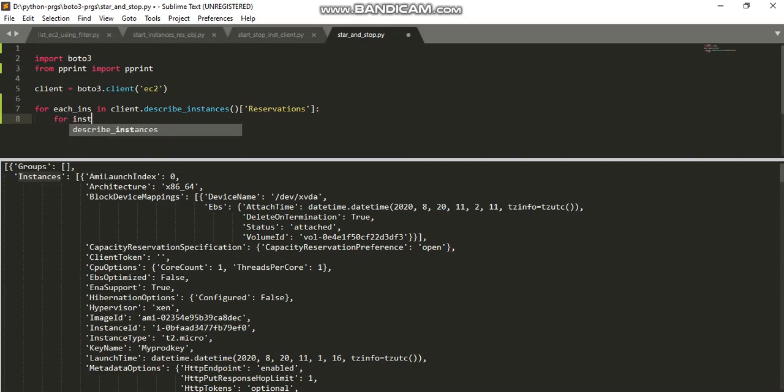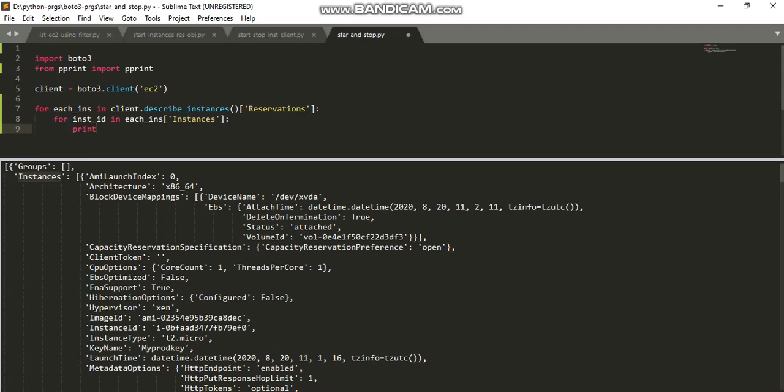Each instance ID in each instance. Let me copy this and paste it. Here I'm going to take the key value as Instances. Let me take this one as a key and print it here.